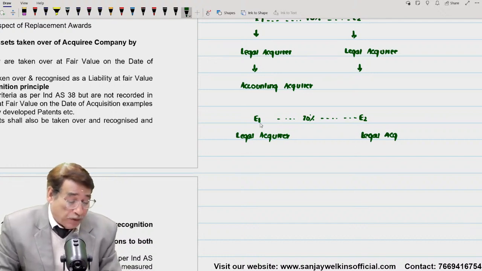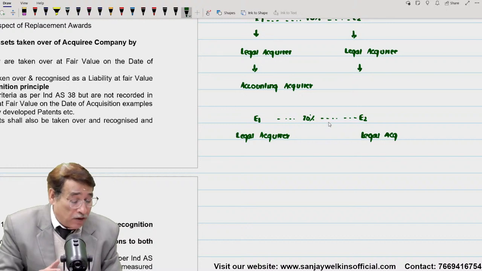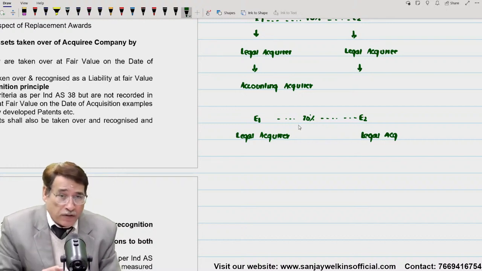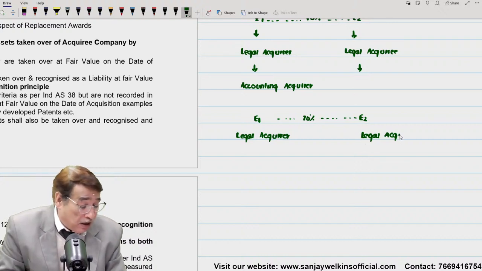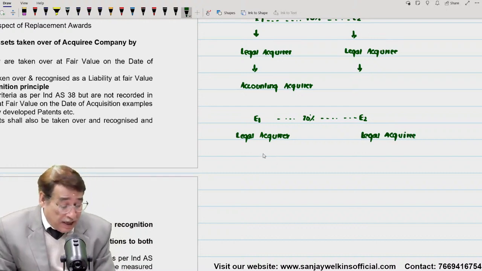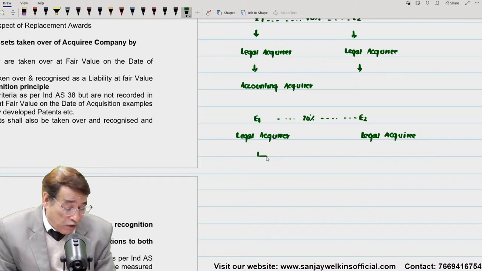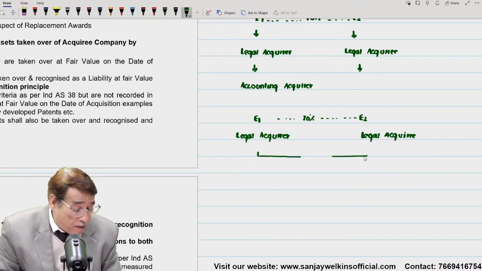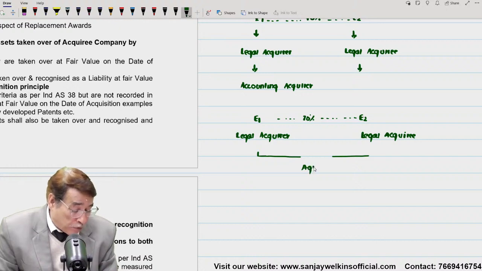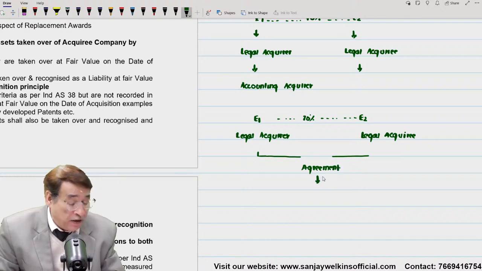Just pay attention here. E1 has got control over E2 by having a 70% stake. So no doubt E1 is the legal acquirer and E2 is the legal acquiree. However, let us say an agreement has taken place between the shareholders of E1 and E2, and as per the agreement, it was decided that